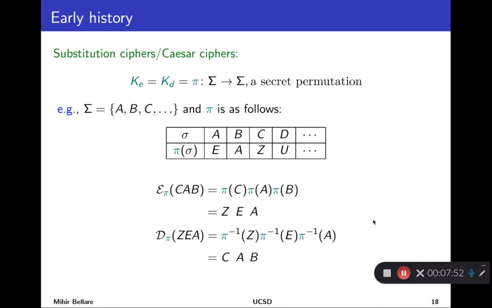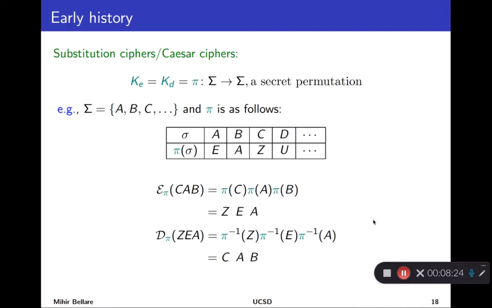So what is this object? It'll enable us to exercise some of the vocabulary we've discussed already. There is a key. The key in this case is a permutation. So what's a permutation? It's a function from a domain to a range, and both the domain and the range are a finite set of letters, which is the alphabet. In the simplest cases, these are just the letters of the English alphabet, so A, B, C, D, and so on. Being a permutation means that it's uniquely reversible.